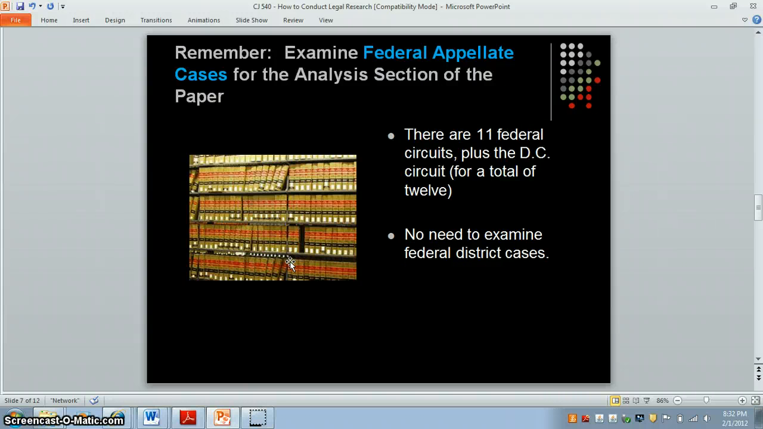Once you have looked at the cases which led up to the one you are examining, you will then want to pay attention to those federal appellate court cases which cite the U.S. Supreme Court cases you are analyzing. Remember, there are 11 federal appellate courts which are called circuits. So for example, you could look at appellate courts in the First Circuit, the Second Circuit, the Third Circuit, and so on. And there are 11 circuits, and in addition to these 11 circuits, though, you will also want to